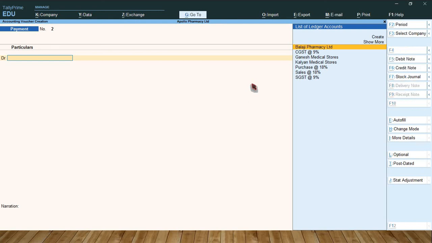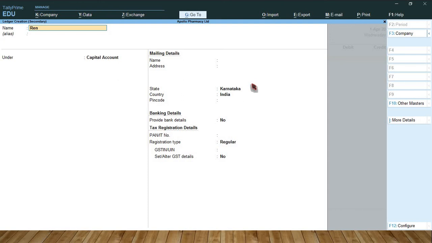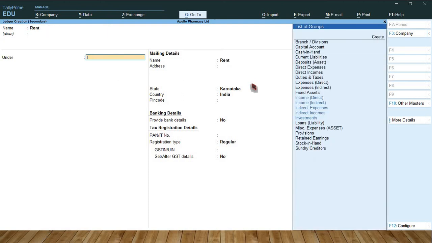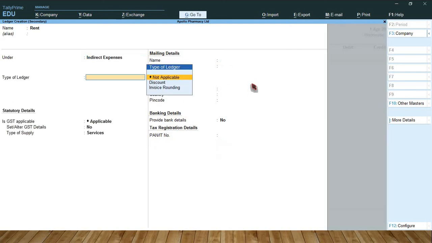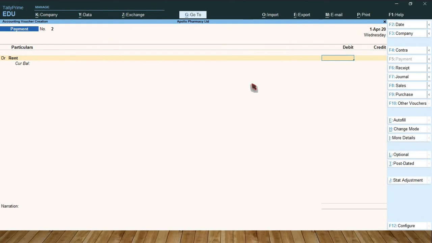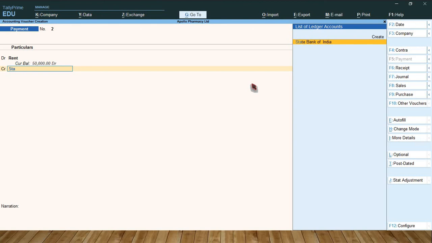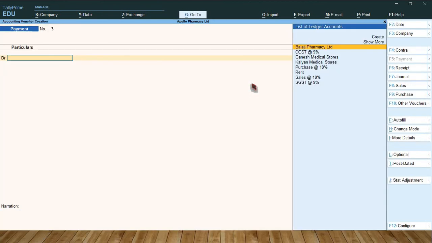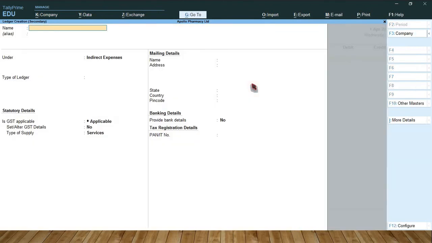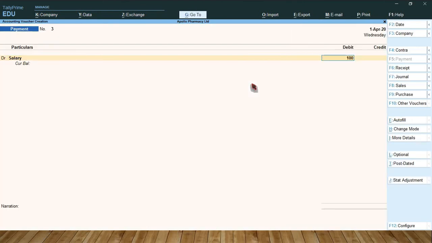expenses. For example, rent under indirect expenses. $50,000 for example. So State Bank of India. So next, salary. ₹1 lakh.